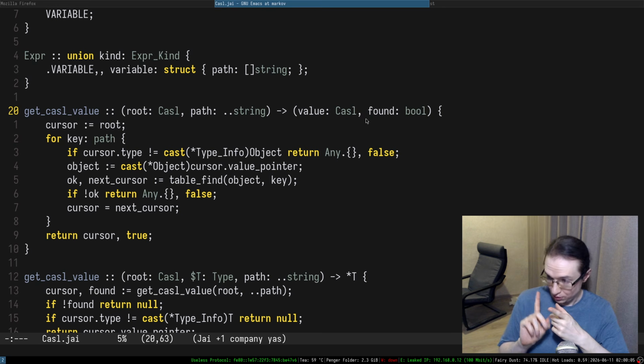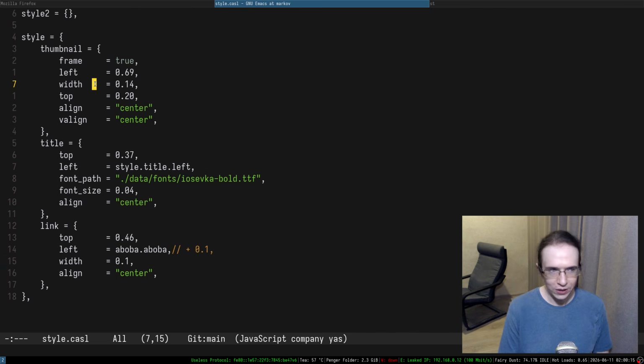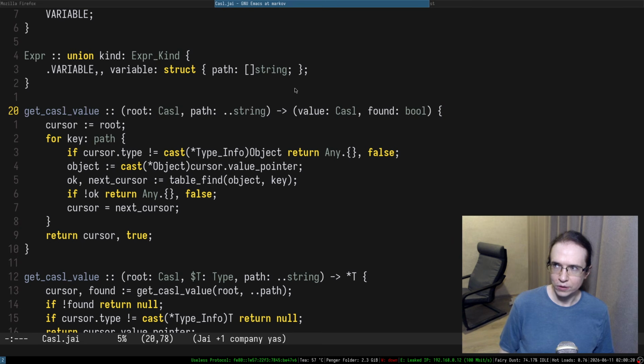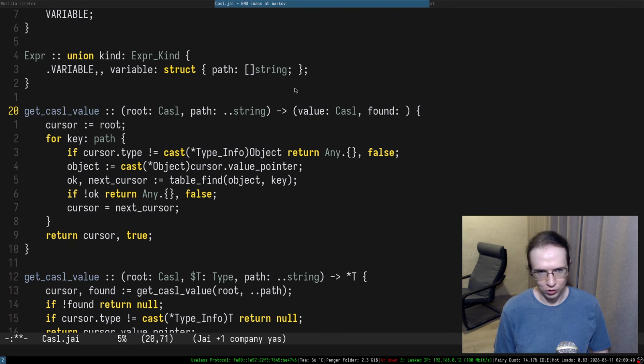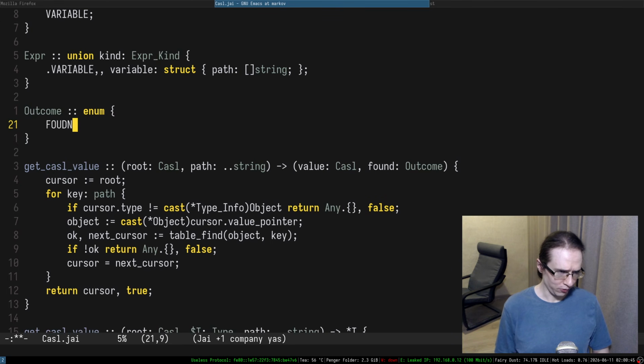First outcome is the value was found. Another outcome is that you can have stack overflow. Do we want to distinguish between them? Because I'm thinking maybe we want to have an enumeration in here, right? Some sort of outcome, and it's going to be an enumeration, which is like found,